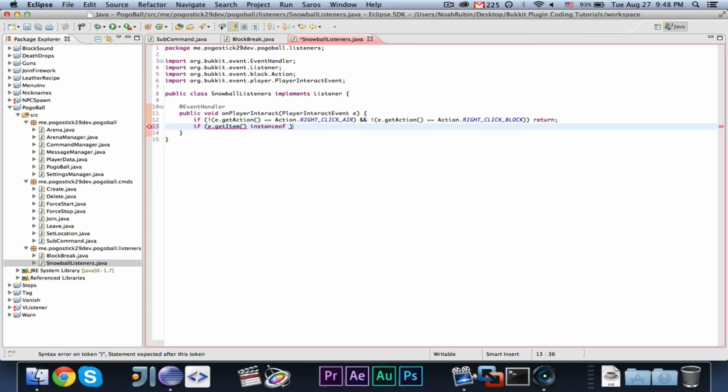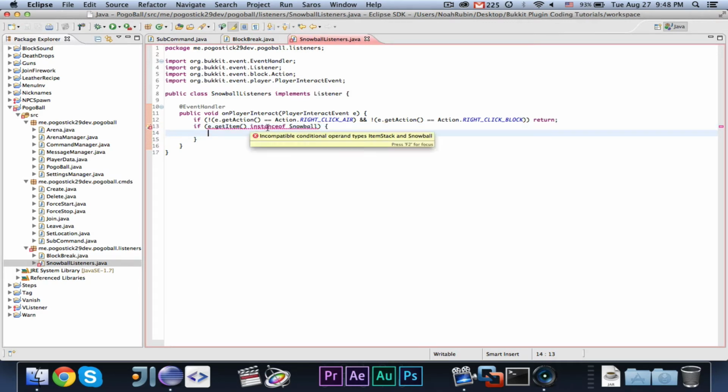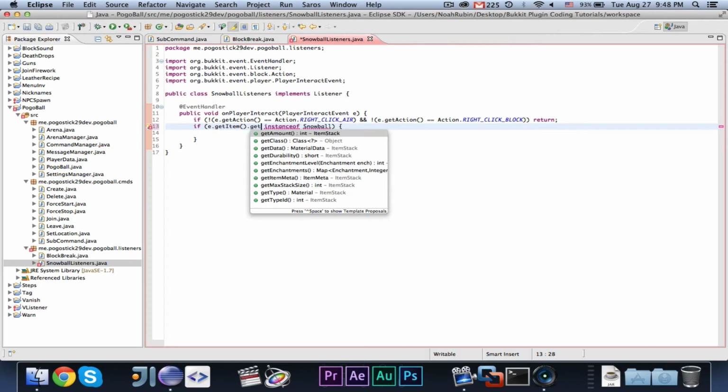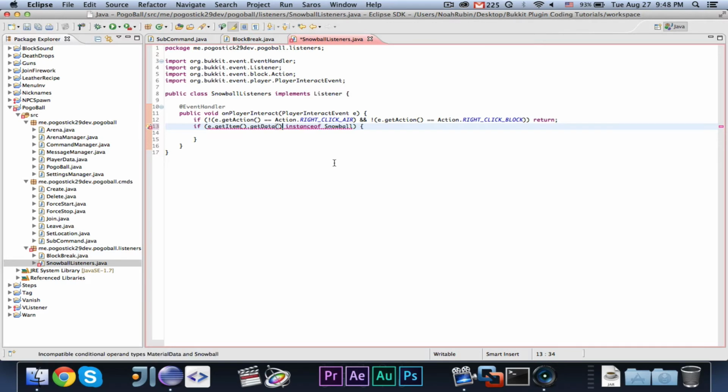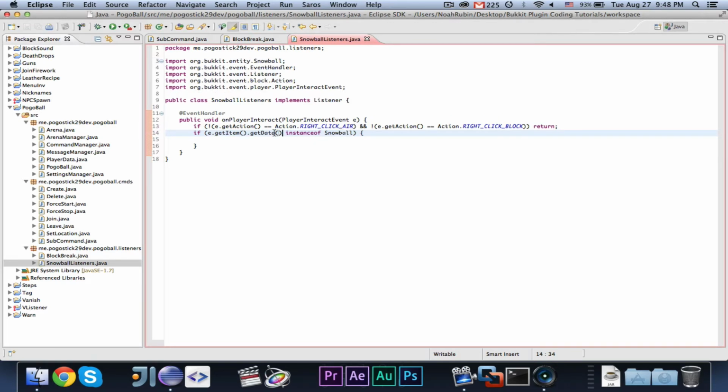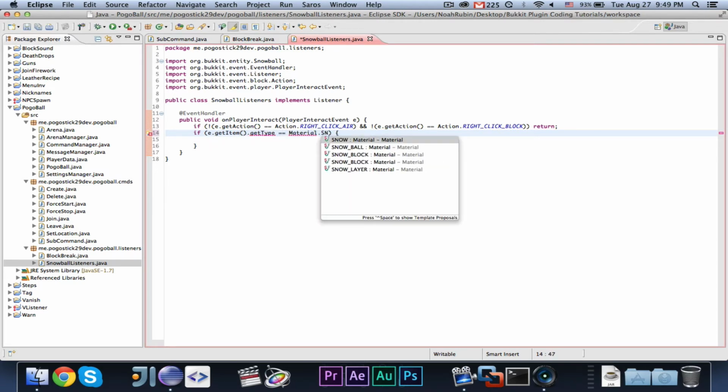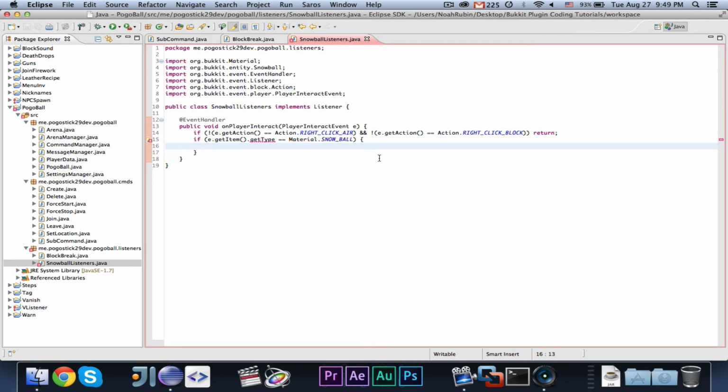I believe we want to say instance of Snowball. What's wrong with that? No. Get. No. Okay. So there we go. I think that should work. If e.getData instance of Snowball. I'm not sure if that's correct. So let's just go ahead and say if e.getItem.getType equals Material.SNOWBALL, then